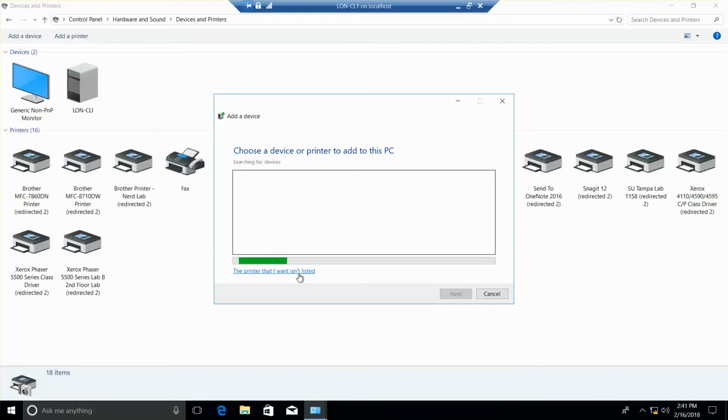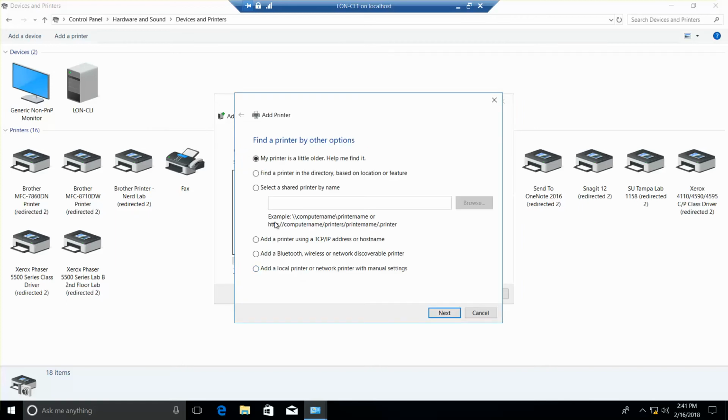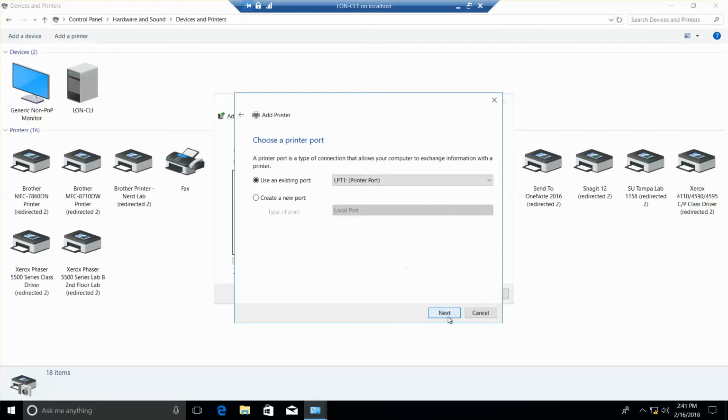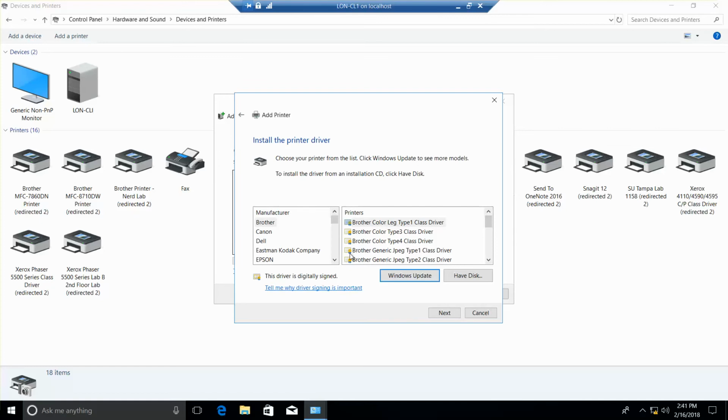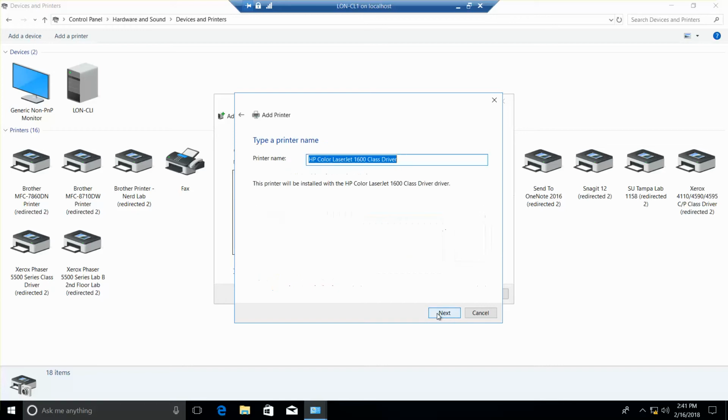The printer that I want isn't listed, and we want to add a local printer or a network printer with manual settings, and next. And you'll notice it's on LPT1, the printer port, so we're going to click on next, and this is going to be an HP. And we're going to use this one. And then next,